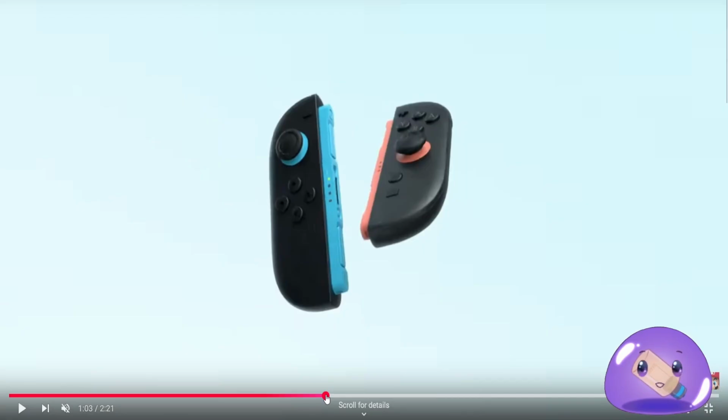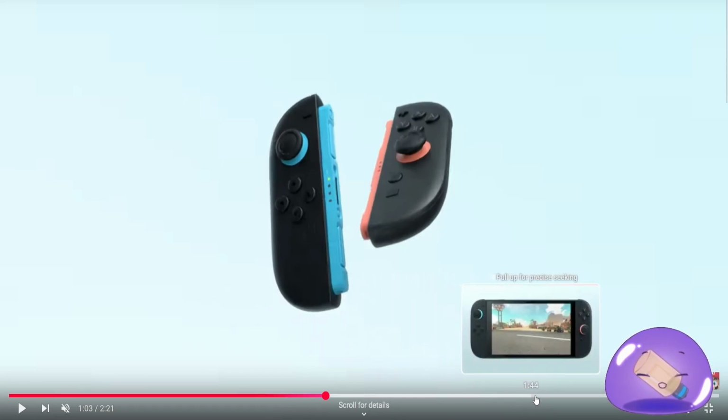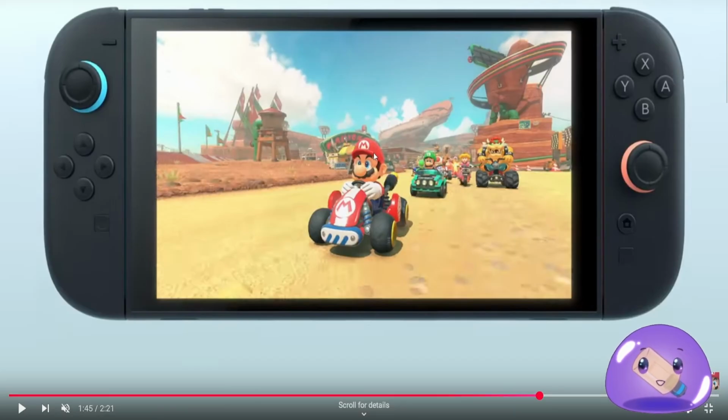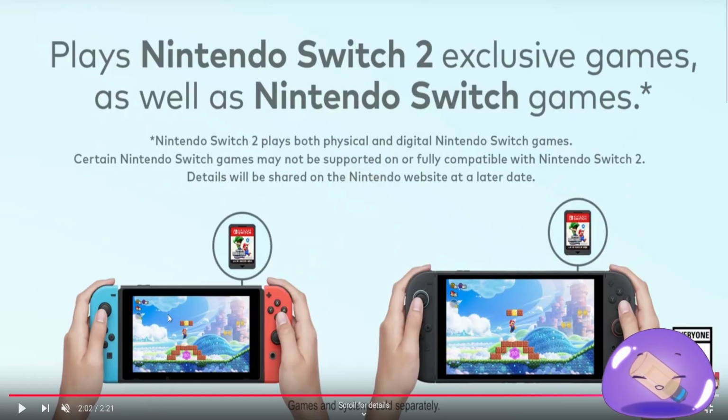I'm really curious if this is going to be... Let's see. Let's find it. Where did it go? Is this Mario Kart 9, or is this Mario Kart 8 with the Switch 2? That's the biggest thing as well. And this looks like, I can't remember what the 2D Mario game is called. The 2D Mario game, Wonders. This looks like Wonders to me. I wonder if Wonders, obviously, is going to be